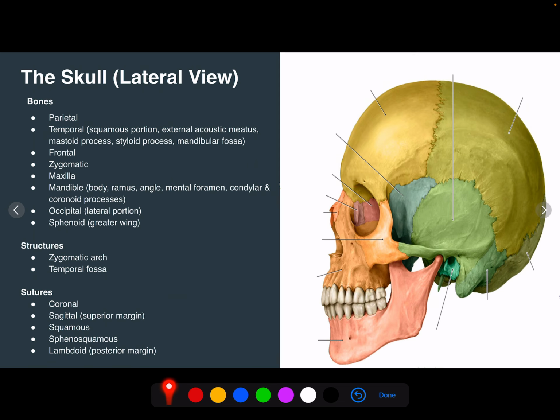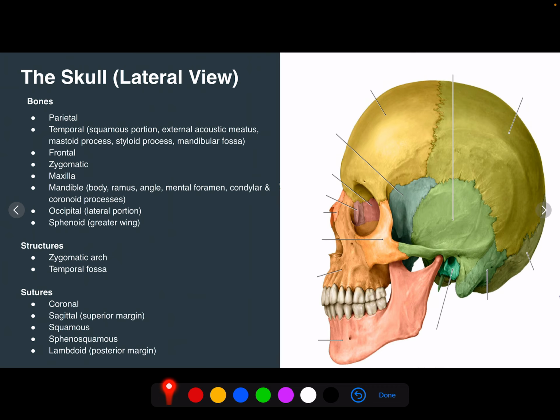We have our zygomatic bone, maxilla, mandible, and sphenoid bone. And specifically, this is the greater wing of the sphenoid bone. So the greater wing of the sphenoid bone is the only bone that is visible from a lateral view. We can also look at the structures in the lateral view that are not as well defined in other views,